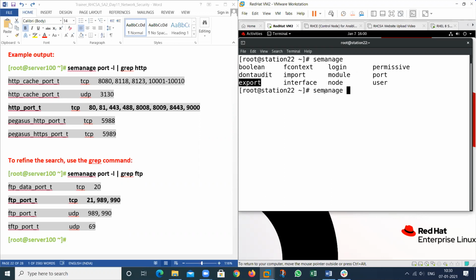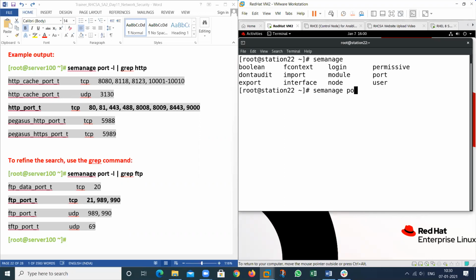So these are the things that can be changed by the semanage command. SEManage stands for SELinux management, and we can manage this SELinux policy for the context, the port, and booleans also. So we can change this.